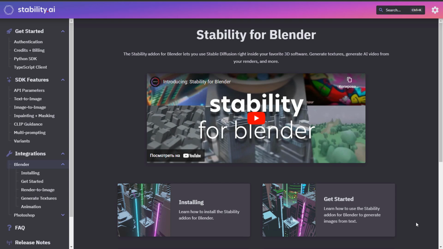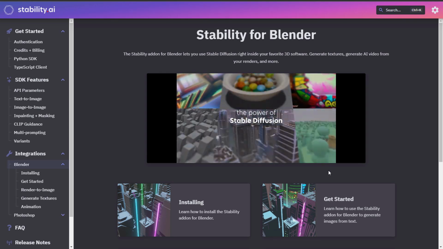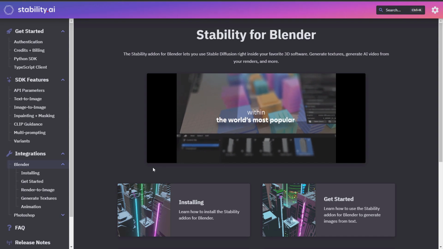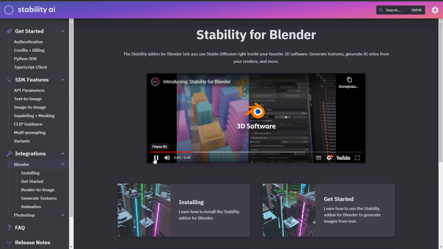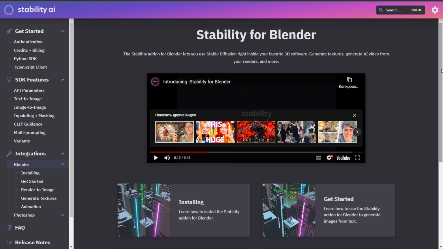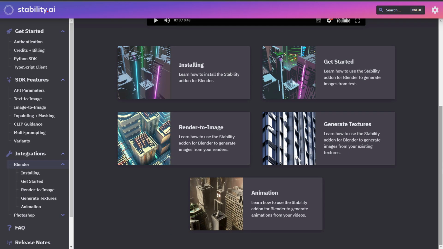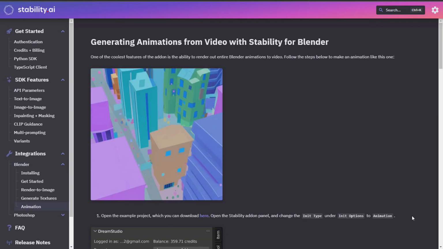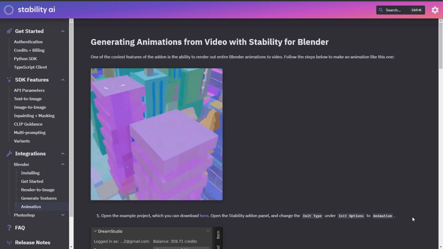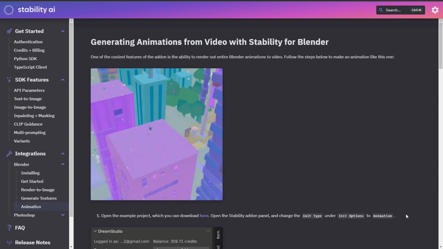Stability AI has released a free Blender add-on named Stability for Blender that allows you to run Stable Diffusion and generate images within the program. This add-on lets you do three things: generate a pure image, create a texture based on an existing image, and generate an animation. Also, the announcement has been made: the add-on is currently in testing phase and not all functions